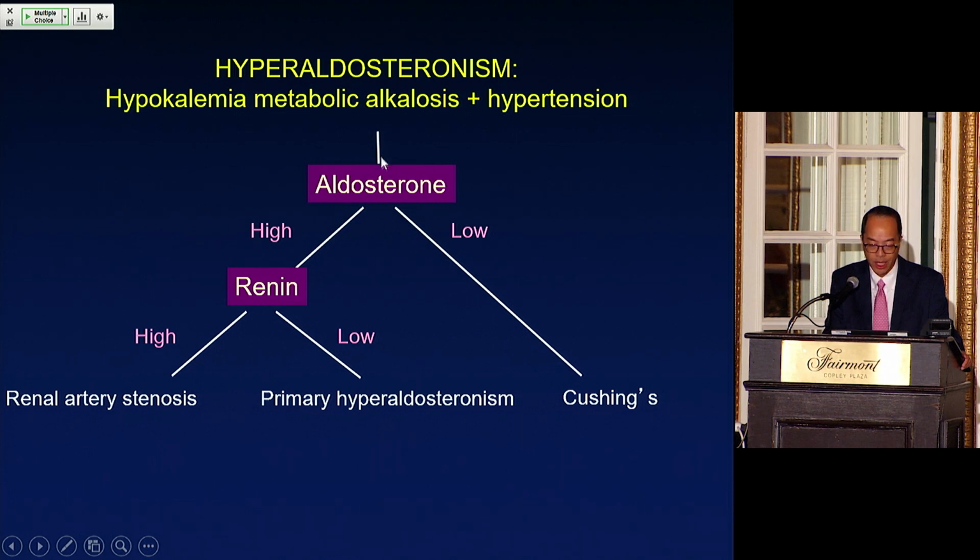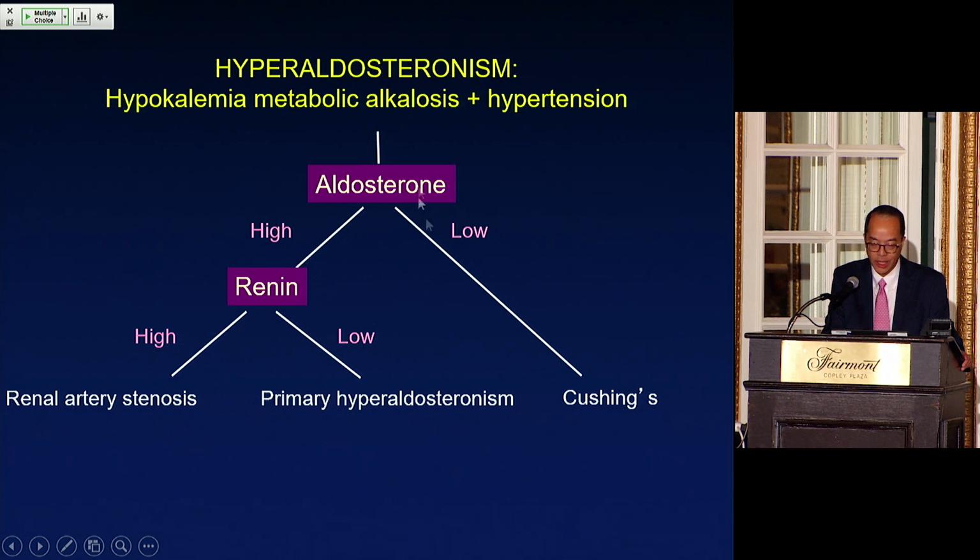If the aldo is high but the renin is low, those patients have primary hyperaldosteronism. So either hyperplasia or an adenoma of the adrenal that's secreting too much aldosterone, driving the hypokalemia and hypertension, and then secondarily feeding back and suppressing renin levels. If renin and aldosterone are both high, this is a form of secondary hyperaldosteronism. The most common cause of this is renal artery stenosis. So you decrease perfusion to the kidney, the juxtaglomerular apparatus responds by secreting more renin and hence driving more aldo secretion.